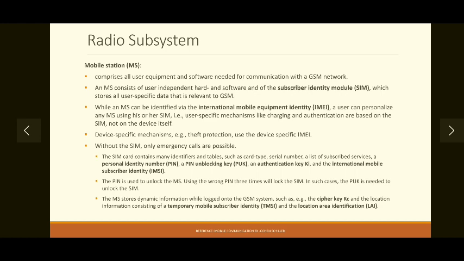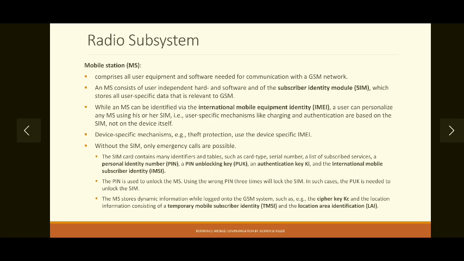A user can personalize his own handset using a different service provider. For that, it will require a SIM card, that is the subscriber identity module. So user specific mechanisms like call charging, that is how much charge will be applied to the user for calling or maintaining a data connection, or verification of the user or authentication of the user for subscribed services, are based on the SIM, not the device.